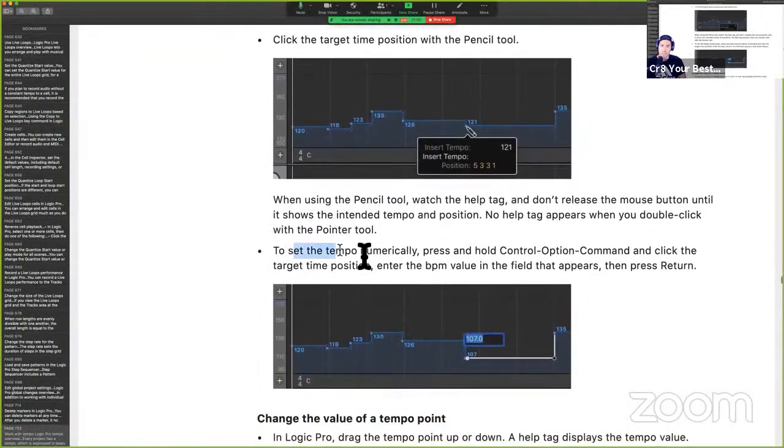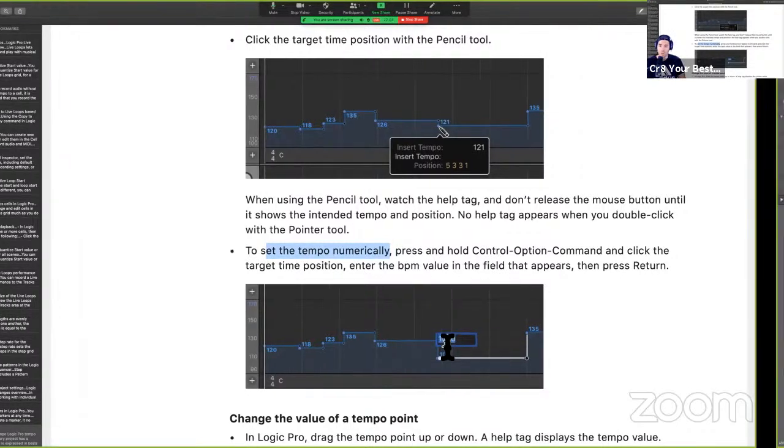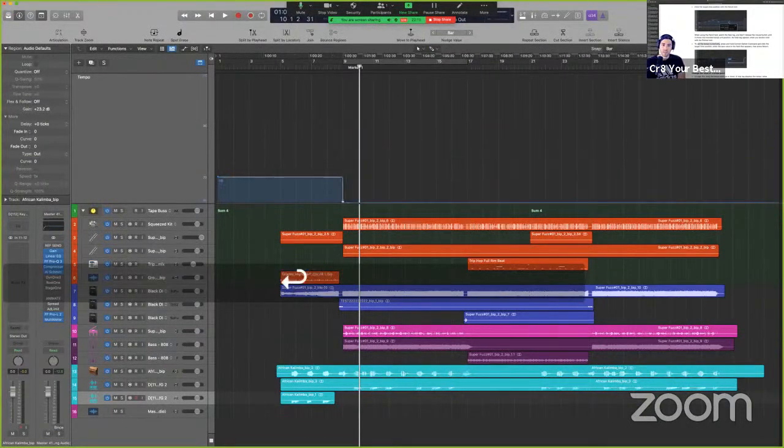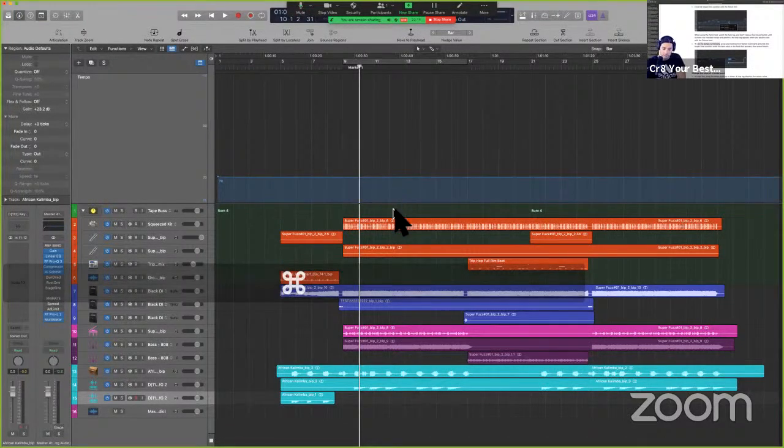If we want to set the tempo numerically, we would press and hold Control Option Command, right, three fingers, and click the target time position, enter a BPM value. Okay, so let's say we change our mind. I'm going to hold these three buttons, and there's that menu there. You know what? I don't want to, whoa, that's weird. I don't want to